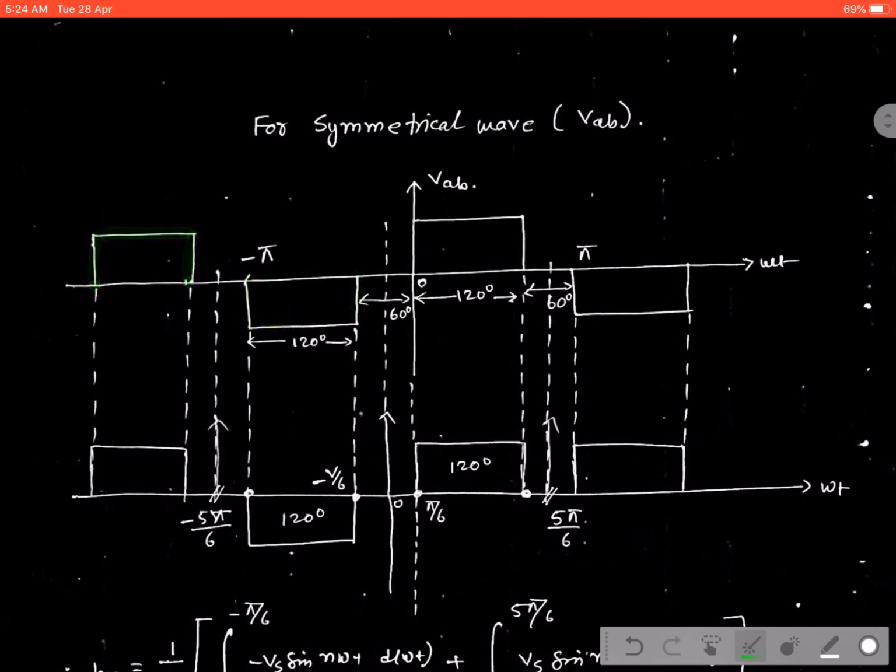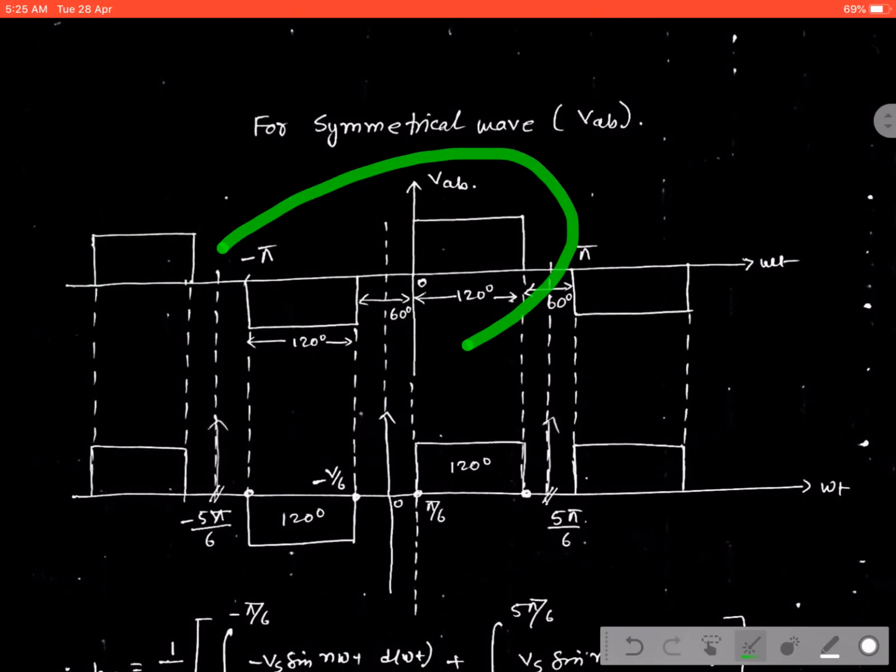Just we are going to calculate the periodic function, and to define any periodic function by using Fourier series, first we should identify the nature of the waveform. Is the waveform symmetrical or not? If symmetrical, then half wave symmetrical or quarter wave symmetrical. That means to define any periodic function, first we should identify the nature of the waveform. Now see this picture very carefully.